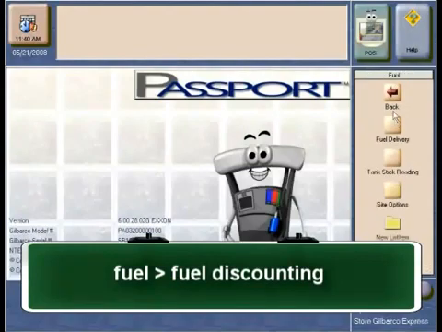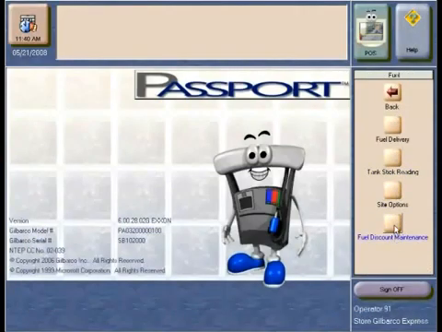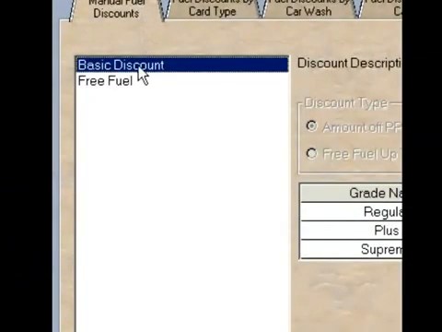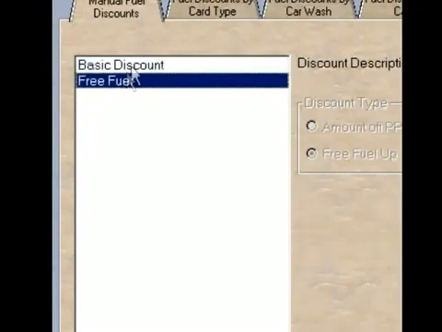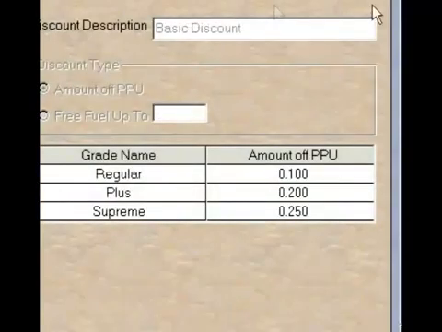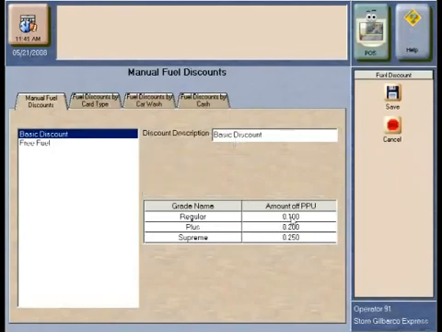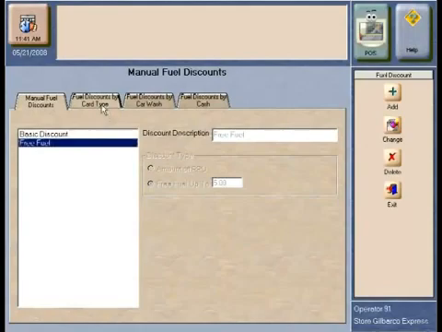Once you go into Fuel Discount Maintenance, there are several options for you. The first is to create a manual fuel discount. Select the first tab and select the Add button. Enter the name of the fuel discount and the amount of the discount for each configured grade in the system. You can have multiple manual fuel discounts that will be available for use by your cashiers when they select the